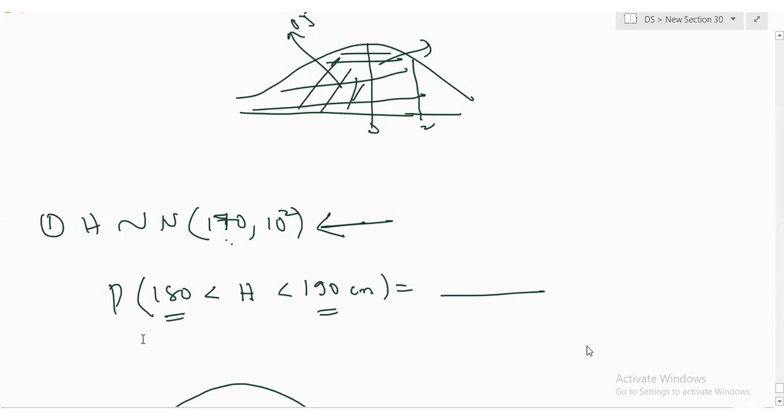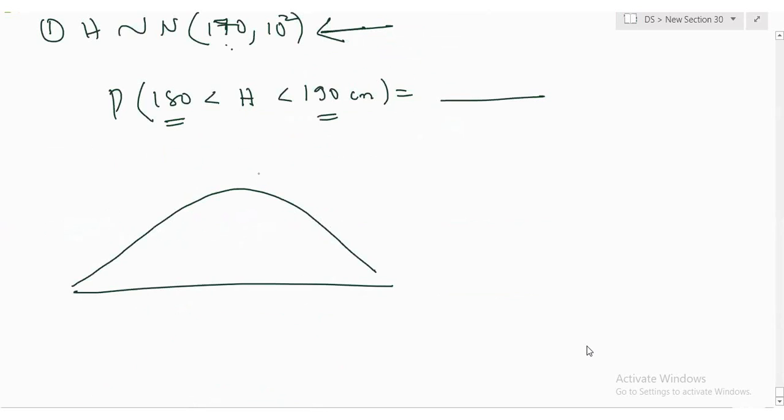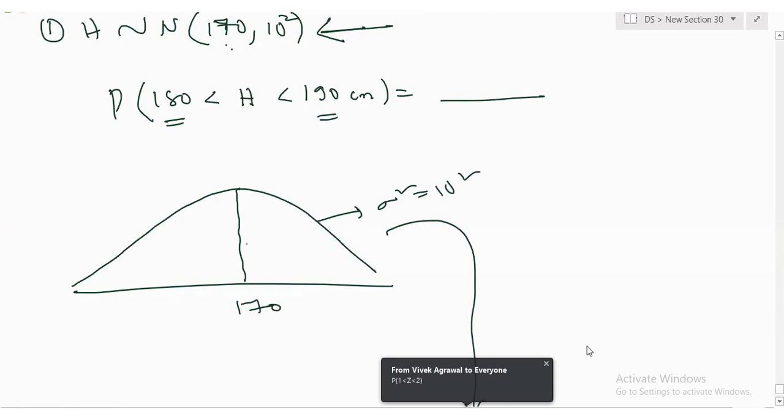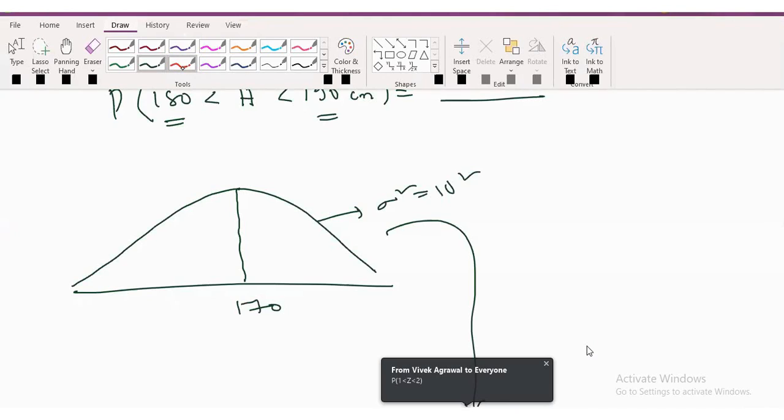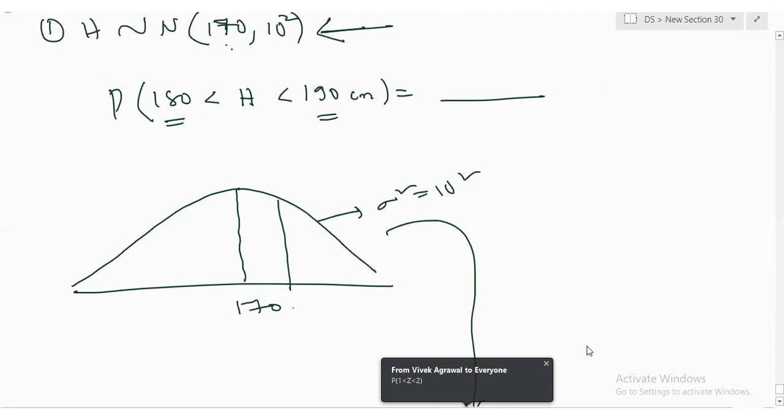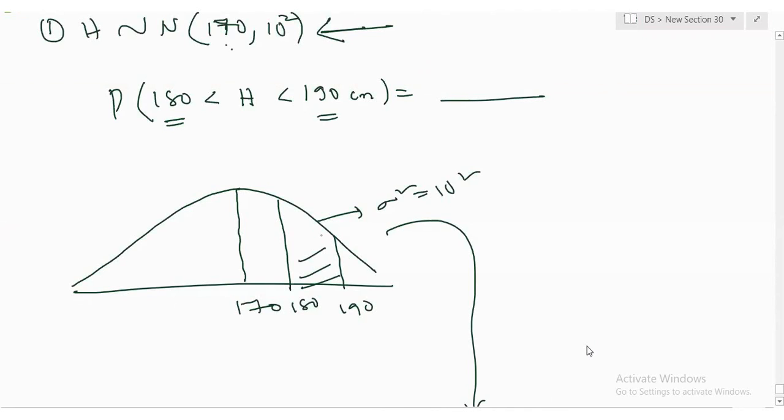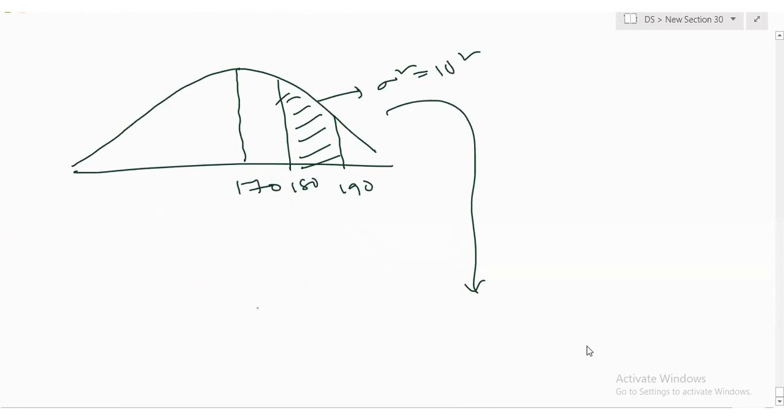Okay. Now I want to find out the area. So what is the meaning of this? This is going to be normal with mean 170 and sigma square equal to 10 square. Now I transform this where I want to find out the area. This is 180 and this is 190. So this area I need to find out, right? Which is equivalent to finding out the area of, I need to transform these into Z values. All are with me? Friends,